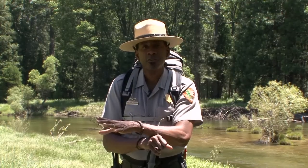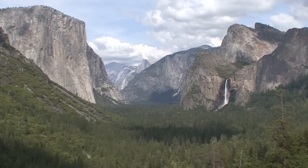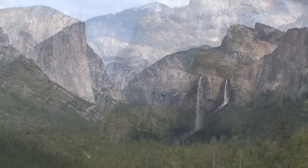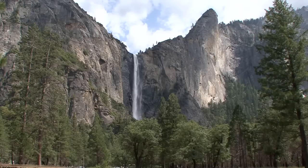Today I'd like to talk to you about some of our easy Yosemite Valley day hikes. One of my favorites is Bridalveil Fall. And when you first came into the valley, you saw off to your right this beautiful waterfall called Bridalveil Fall. Well, once you park your car, the walk to Bridalveil Fall and back is only about 20 minutes, distance about